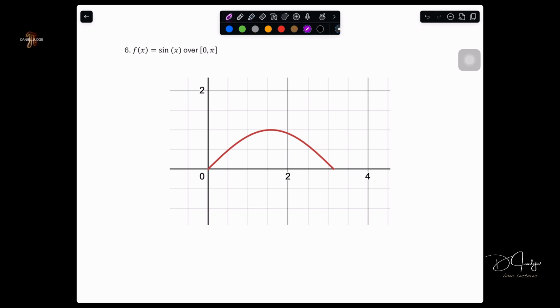All right. We're going to try question number 6. We're going to rotate the sine curve over the interval of 0 to pi, since this is where pi would be, and we've got 0. Okay, those are the x values. And we're going to create, I should say, the radius here being the y coordinate value, this y value. We're going to find the surface area